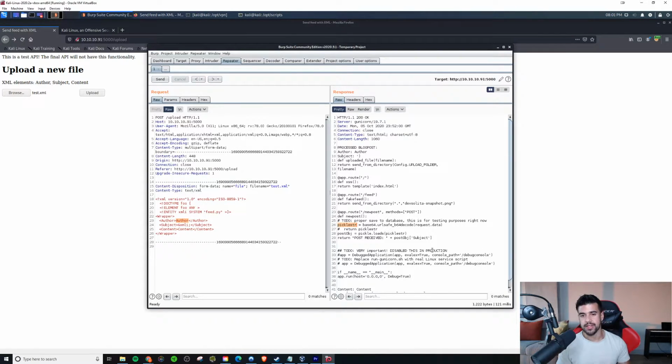If it can't discern that, what you could end up being allowed to do, and we'll demo this in a minute, is you can actually have your data as some kind of malicious Linux code, right? Like, okay, spawn this shell and connect back to my listener. It's like, okay, first I'll tell you the author name, then I'll tell you the content here, and then after that, by the way, execute this malicious code and connect to my netcat listener. And so basically you deserialize that, and if the deserializer is an insecure deserializer,